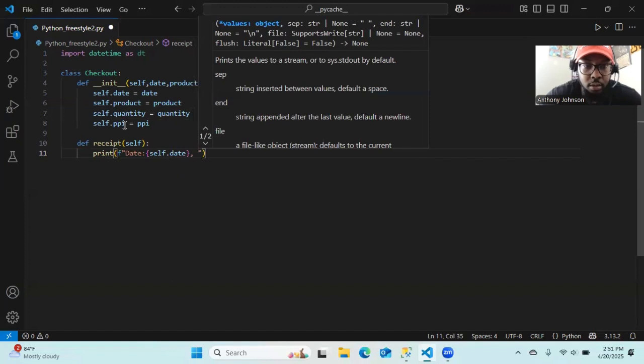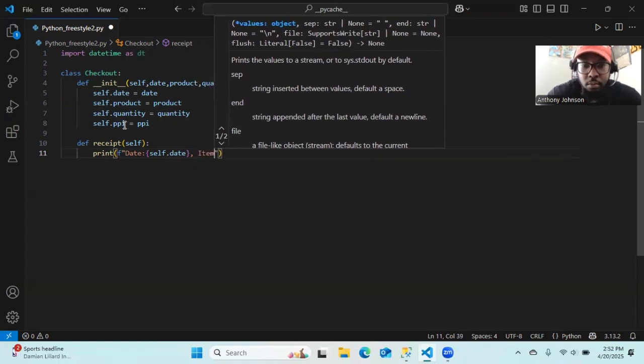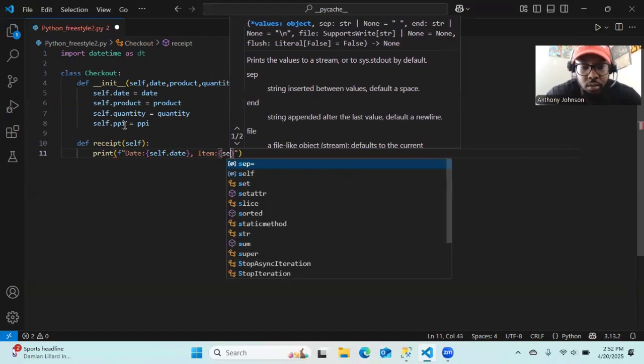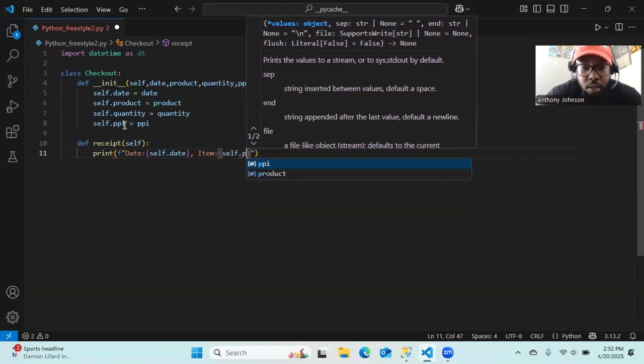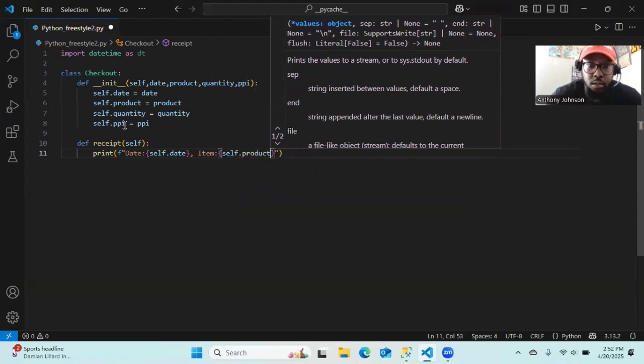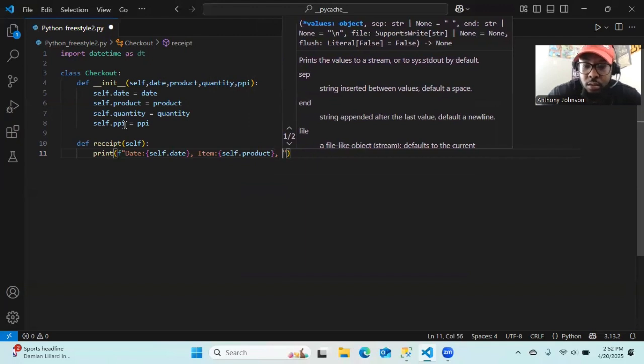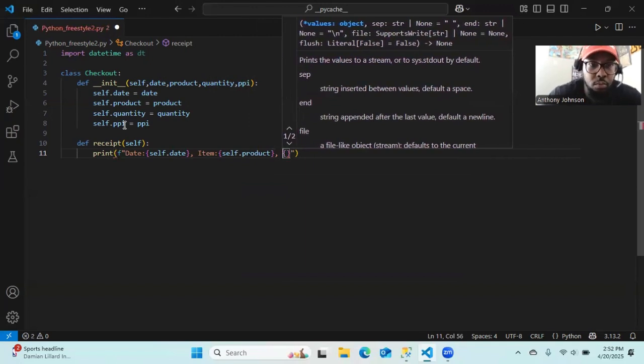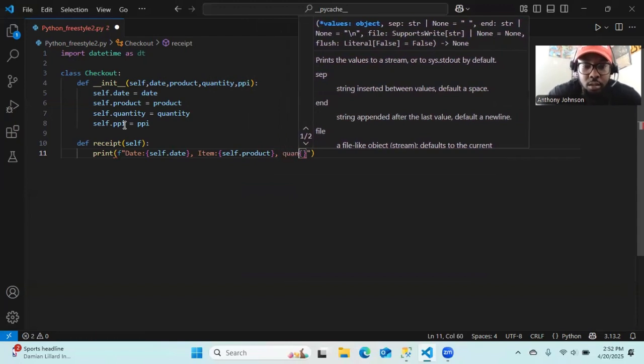We'll put a comma, space, and we'll say item, and then another curly braces. We'll say self dot product. So essentially here we're just listing out what we have in our class. Quantity,